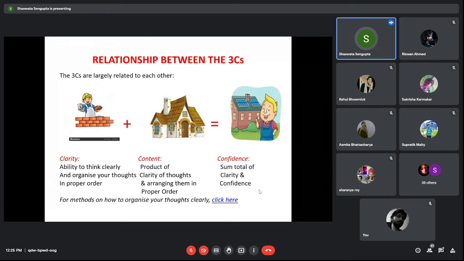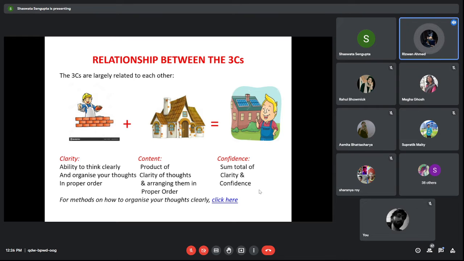It's almost like building a house. Suppose you want to build a house and I bring you a stack of bricks, enough to make a house, and I put the whole stack of bricks before you. Can you say that you have a house? I just bring you a stack of bricks and I dump them in front of you. Can you say that you have a house? No, sir. That would be just a pile of bricks. Now, how will that pile of bricks become a house?